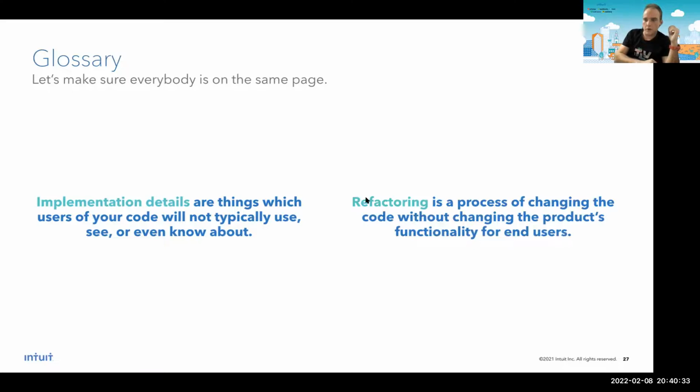Also, there is one more important term here: refactoring. It is the process of changing the code without changing the product's functionality for the end user. And as you can see, those two terms are deeply coupled together. When you do refactoring, you change implementation details. Changing implementation details is refactoring by itself. So this is how you can easily understand